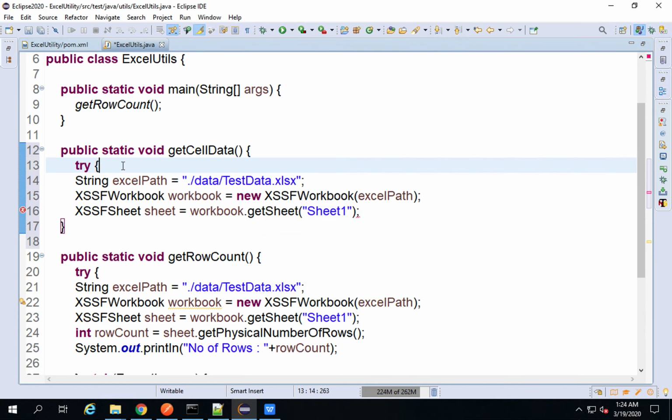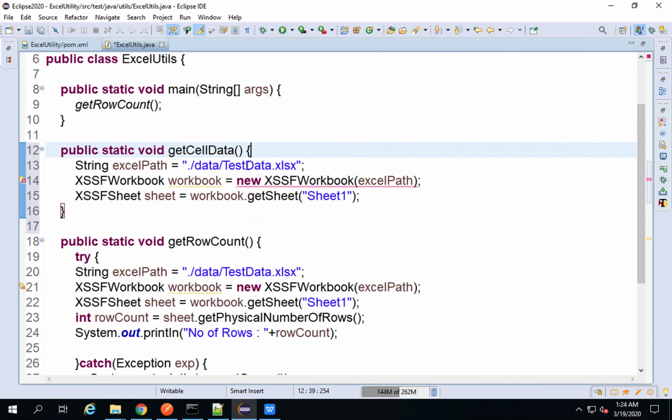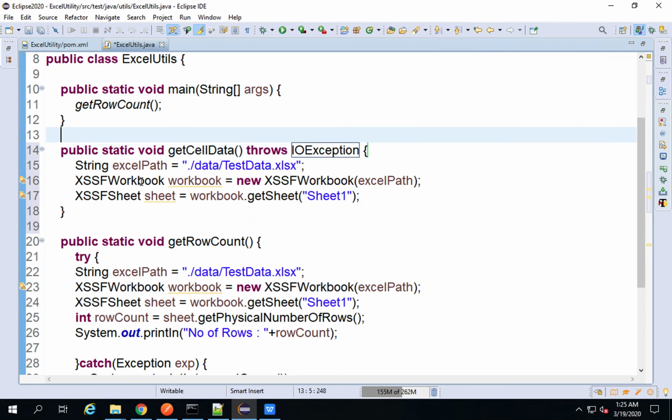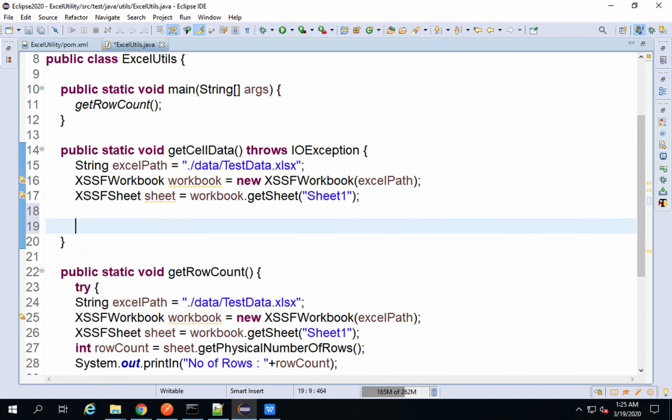If I hover over this, you can see it is saying add throws declaration or surround with try catch. I will say add throws declaration, so this will also work. And then I will say here, I have got the sheet. I will say